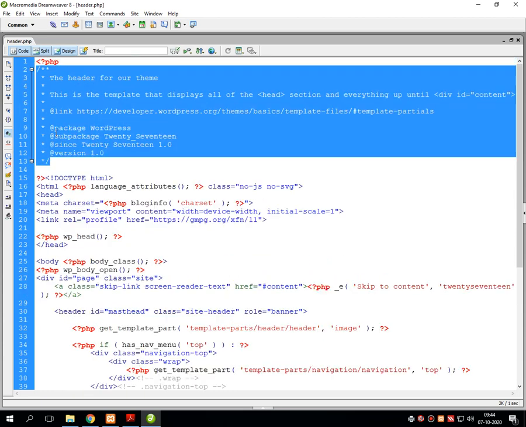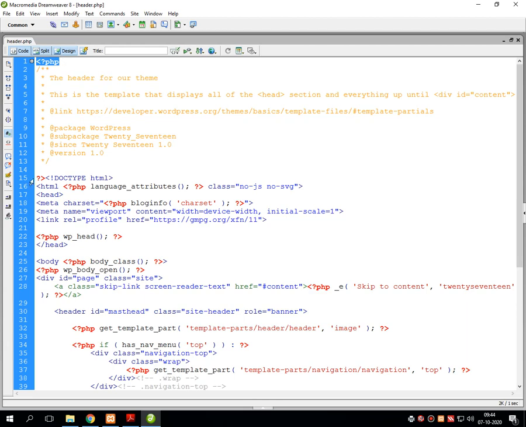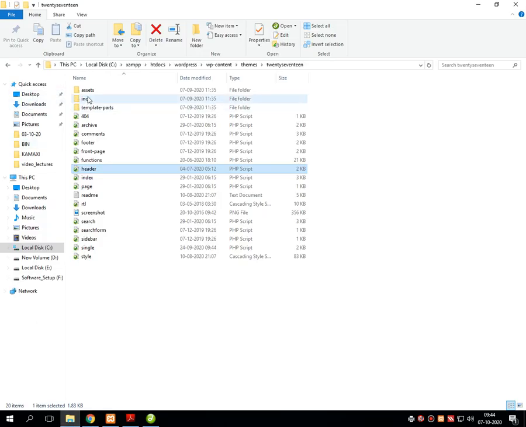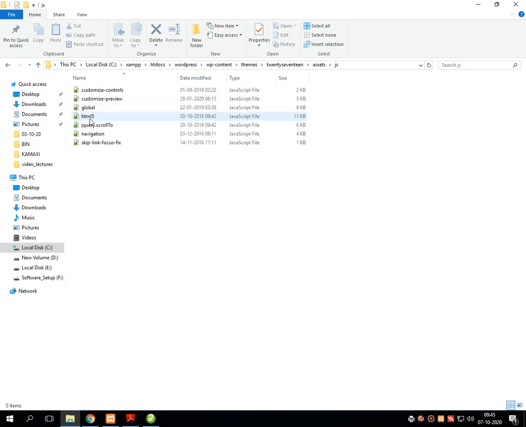Then once this PHP tag gets open over here, HTML static page goes over here, that is the HTML language attribute, class, node.js, node.svg. These are the class files which are called from the subfolders of the program like assets and JS.